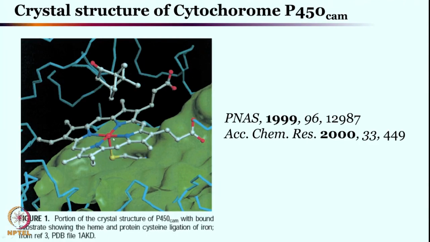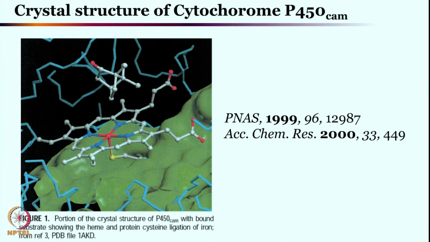This is the heme site, but one notable change here from the previous cases of hemoglobin, myoglobin and cytochrome C oxidase is this cysteine thiolate binding, right. Cysteine thiolate binding is different. Previously it was the histidine coordination. Now this binding can be extremely efficient or extremely important both for the oxygen bond cleavage as well as